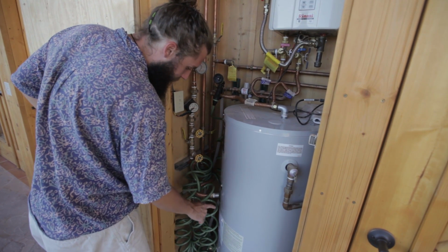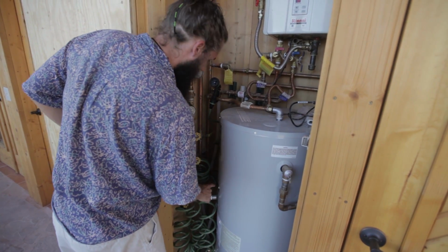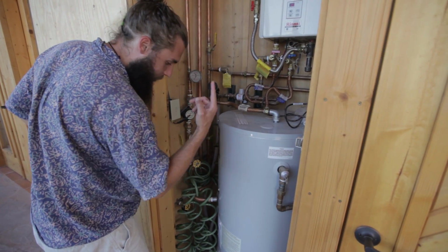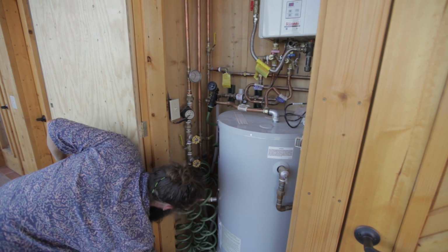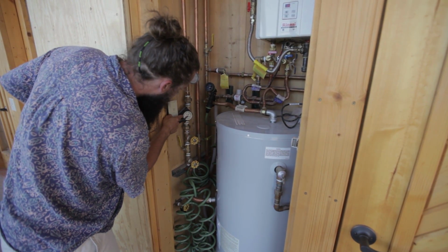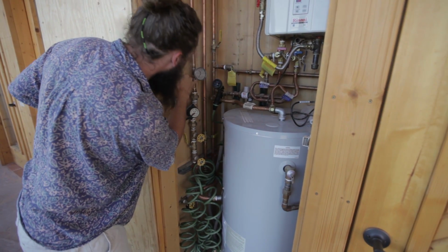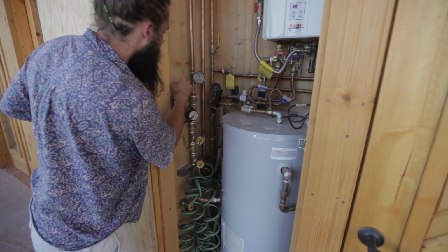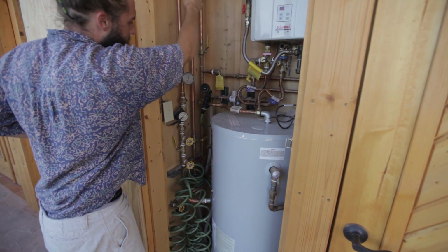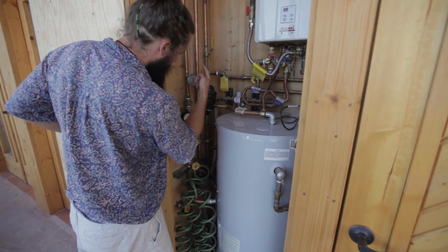So I believe this is what's feeding back in from the solar hot water heater upstairs on the roof. And so this will be the feed that would go up to the ceiling. And I think this might be a little pump here. You can see there's a pressure gauge on here, and it even says 130 degrees. So that shoots the water up to the roof. There's another pressure tank, and then it returns back down over here. I don't know what this thing says, roof return, but that feeds right back into the same...